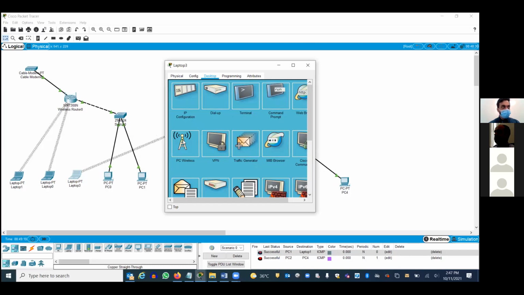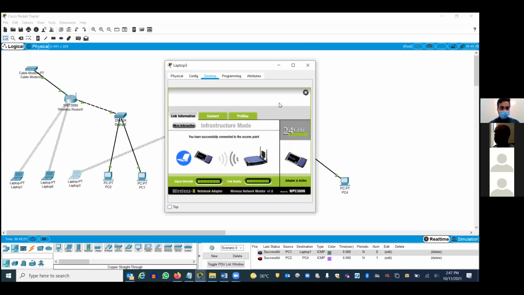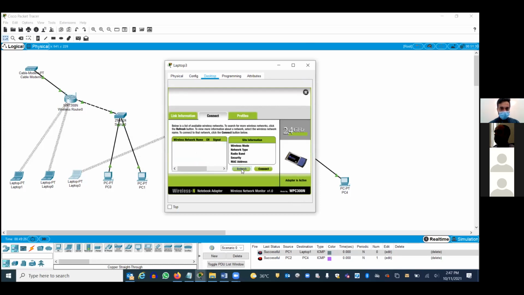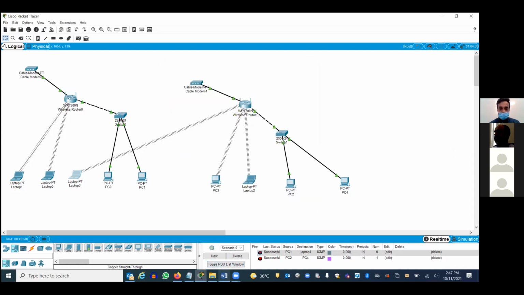Go to PC wireless. Connect. If you refresh here, like in your laptop, you can see it here. See, can you see two wireless are showing, right? Because there are two wireless in the network. Just connect. Because now this is not secured, it's not asking for the password. In the coming labs, I will show you how to secure a wireless network. Okay, just ignore this. So let's go to the next lab.